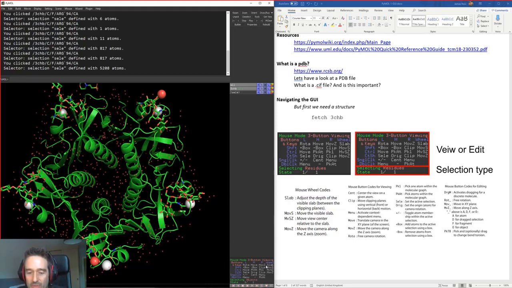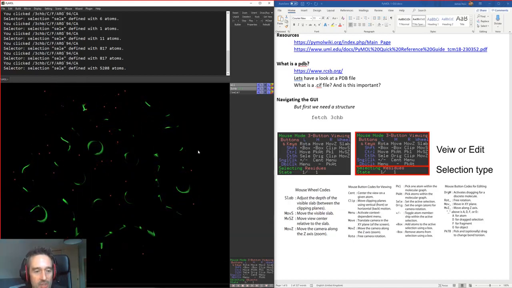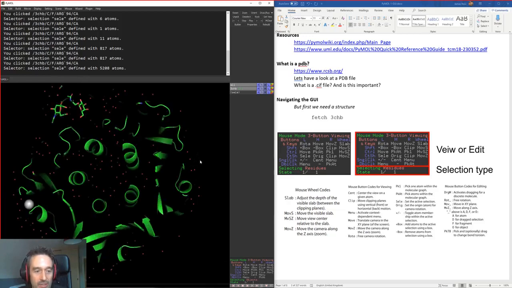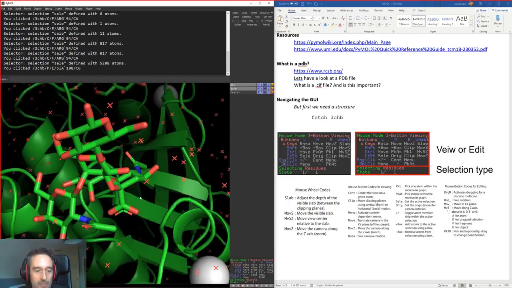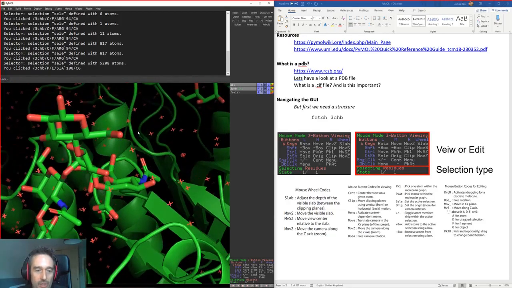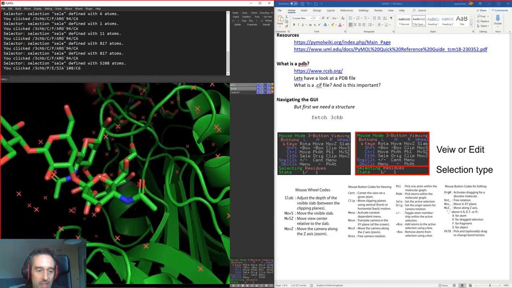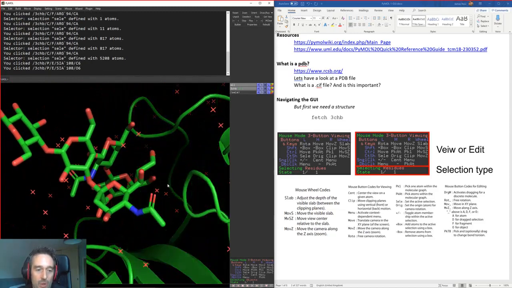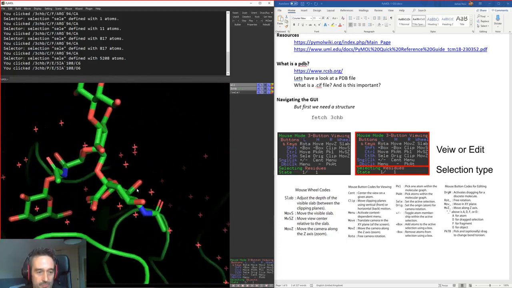You can see down here we've got this little matrix of left click, middle click, right click, and of course the wheel. I haven't talked about the wheel yet. So if I just use the wheel as standard, what I'm doing is reducing the clipping plane that I'm looking at. Now this is more important when we want to look at something specific and get rid of all of the stuff that's in the background. We can use the mouse wheel if we're only really interested in looking at this oligosaccharide here. We can use the mouse wheel to remove some of the background rubbish,